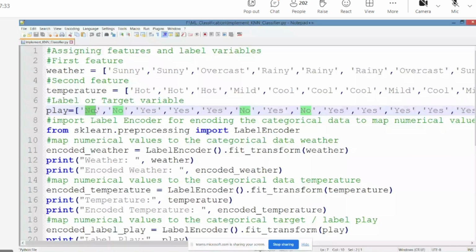Is it clear? I have taken weather and temperature as input variables, independent variables, and then I am taking one more, that is target variable. Is it clear? Yes, sir. Okay.